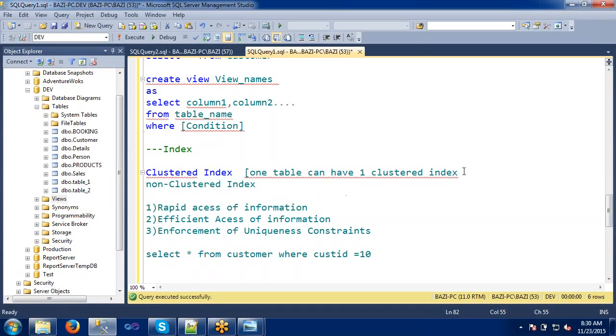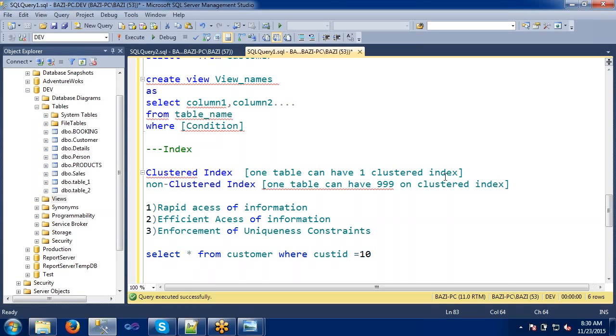Okay. One table can have 999 non-cluster indexes. Okay. This will definitely be an interview question.